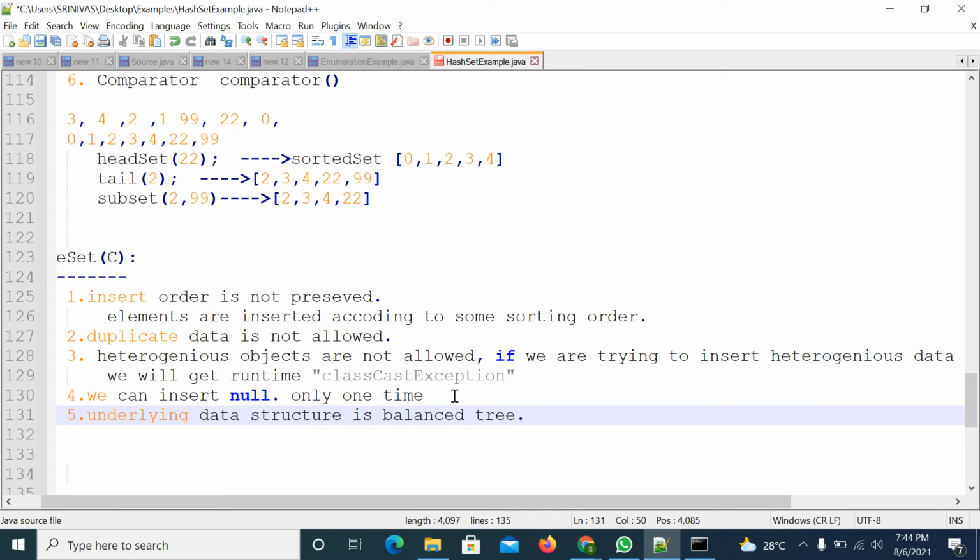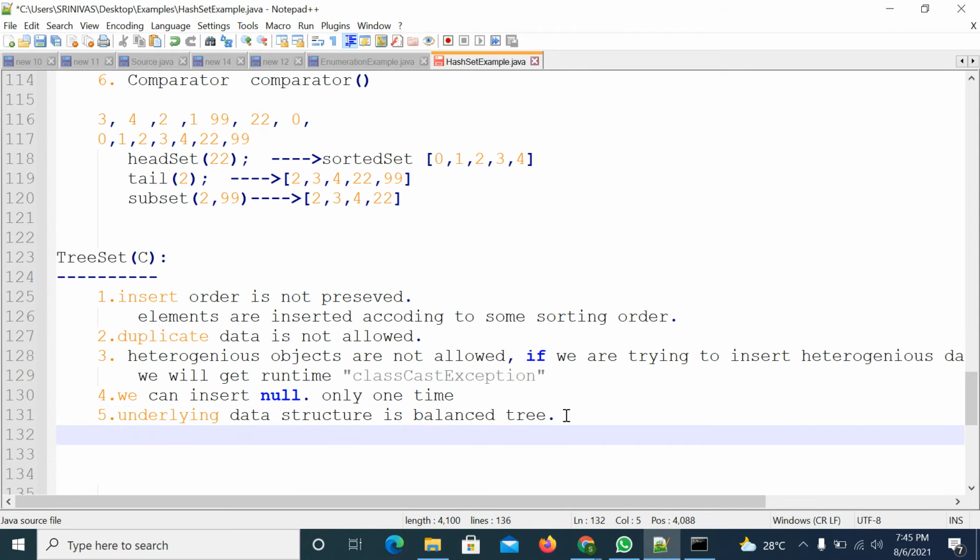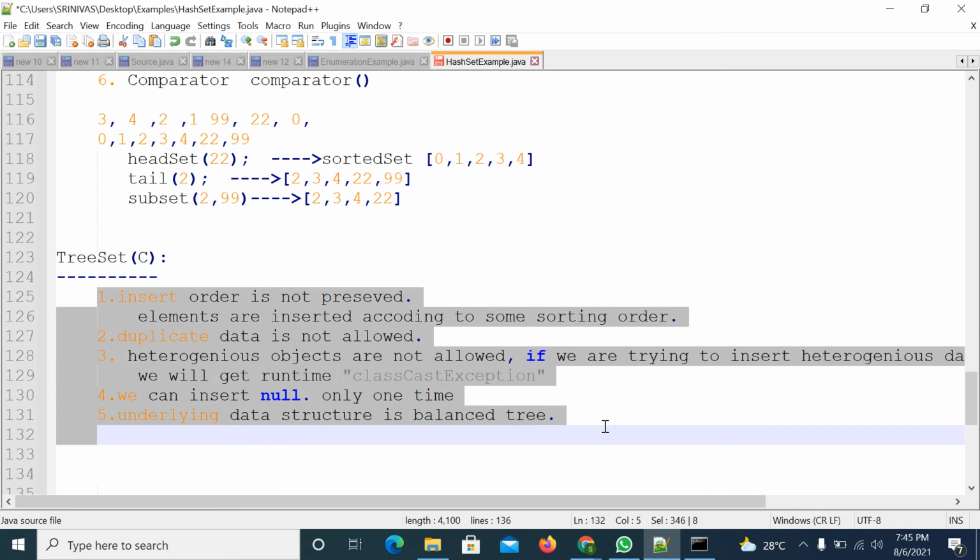If the height increases, the number of comparisons to search, insert, or delete an element will increase. To reduce those operations, we need to balance the tree, using balancing techniques like AVL tree or red black tree. So the tree will be balanced and the number of comparisons will be reduced. These are the points we need to remember as part of TreeSet.